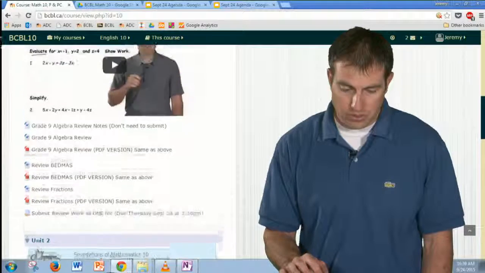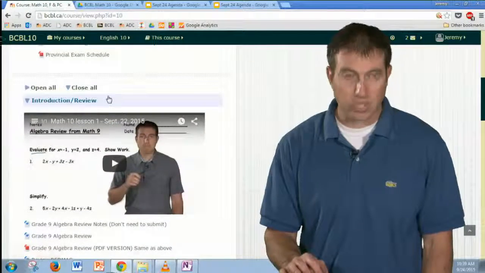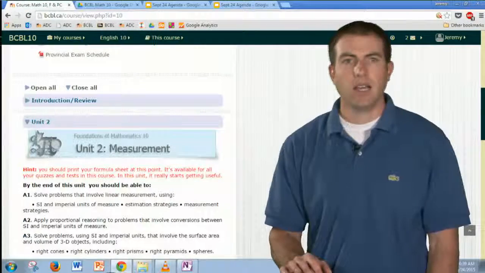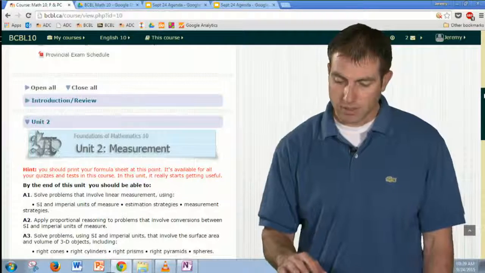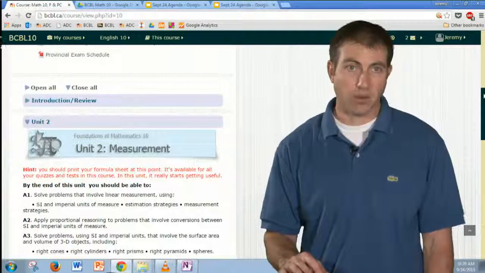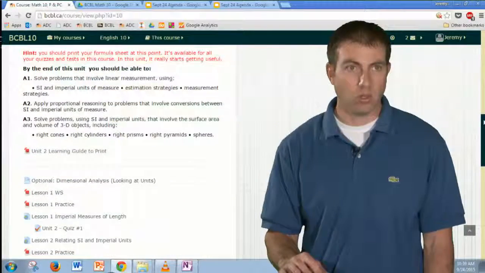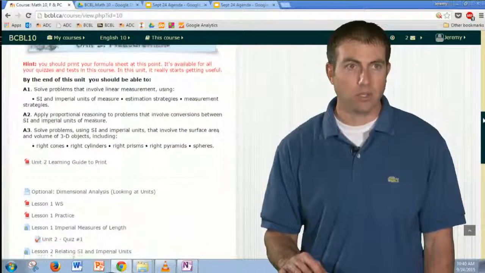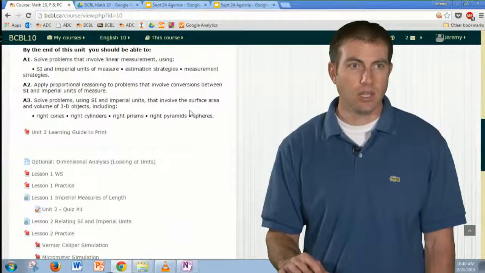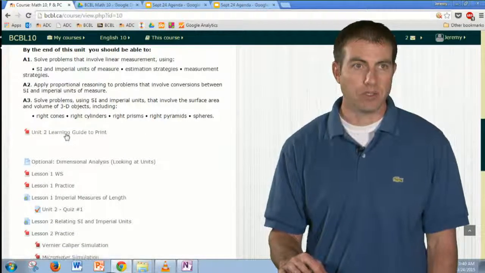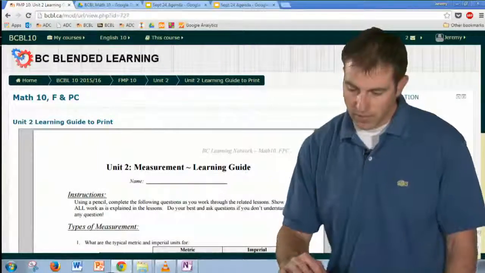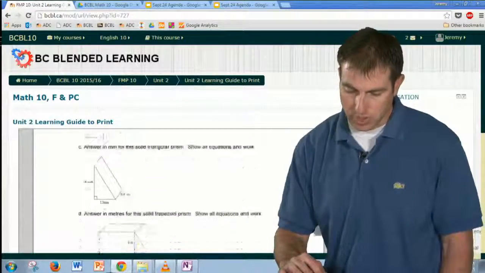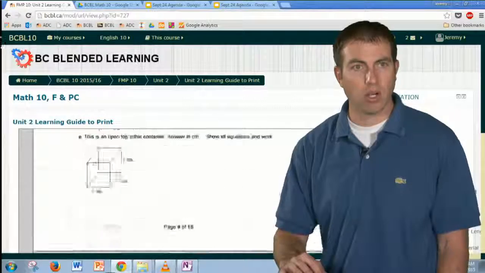The next thing we're going to do is get into Unit 2, which is actually the first unit. And I'm not entirely sure how I want to display this all for you guys. So I'm just flipping back and forth. But for now, this is what it looks like. So in Unit 2, you can see the very top thing here is the Unit 2 learning guide. And this is, I think, about 8 or so pages of questions that we're going to work our way through.